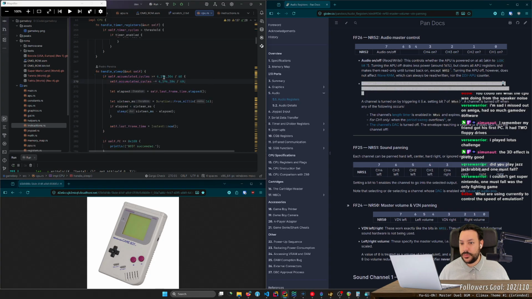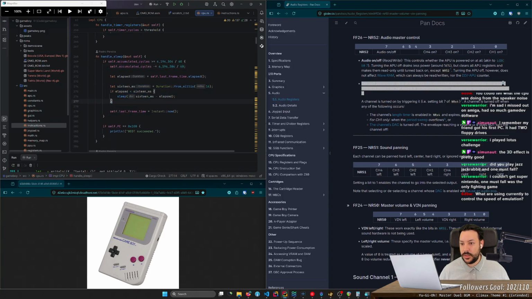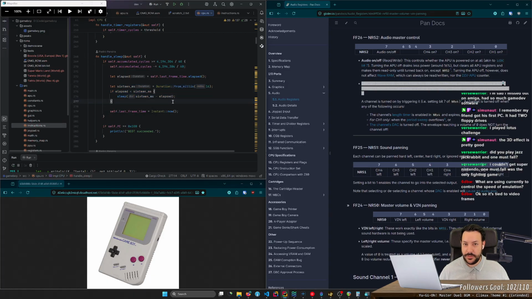Whenever I do all of the clock cycles for one frame, I check my pacing, whether I'm faster or slower. And if my emulation runs faster, then I sleep for the remaining time until that frame is finished, essentially.